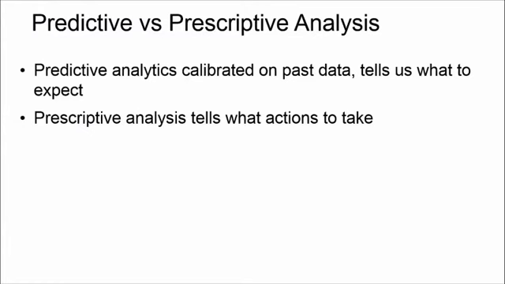In terms of predictive versus prescriptive analytics, there is a distinct difference between them. Predictive analytics deals with designing statistical models or machine learning models that predict. They're calibrated on past data. They learn from that past data to help them predict the future, and they tell us what we might expect in the future. But that doesn't determine what decision we should make. So that's where prescriptive analytics comes in. Prescriptive analytics would involve taking these predictions and then turning them into actions that we would take, or a policy that we would enact. And that could involve, for instance, solving an optimization problem.